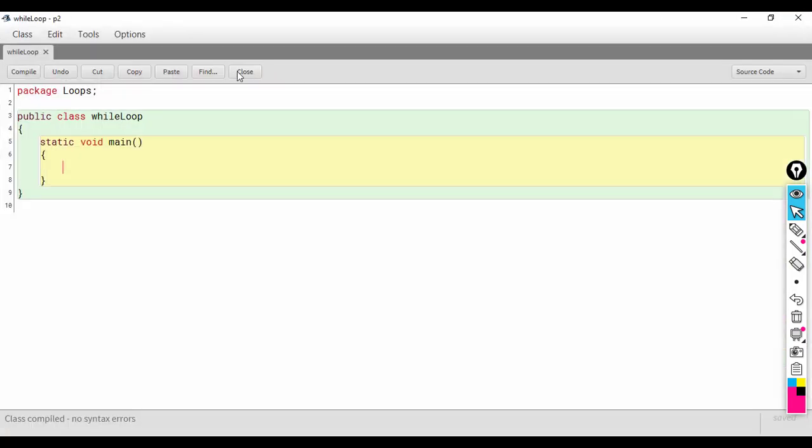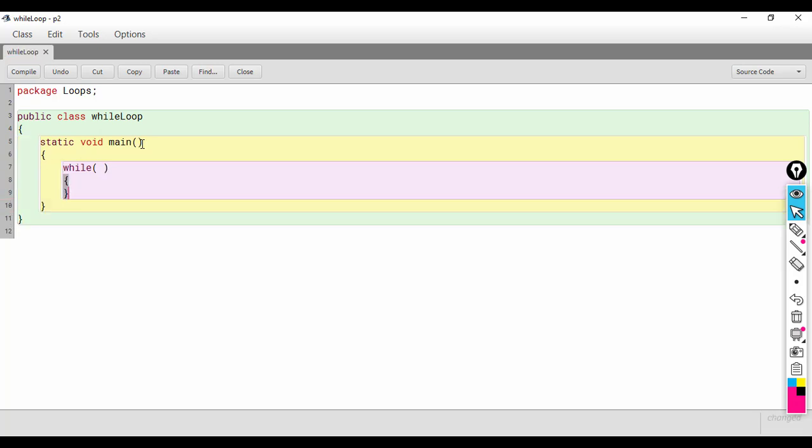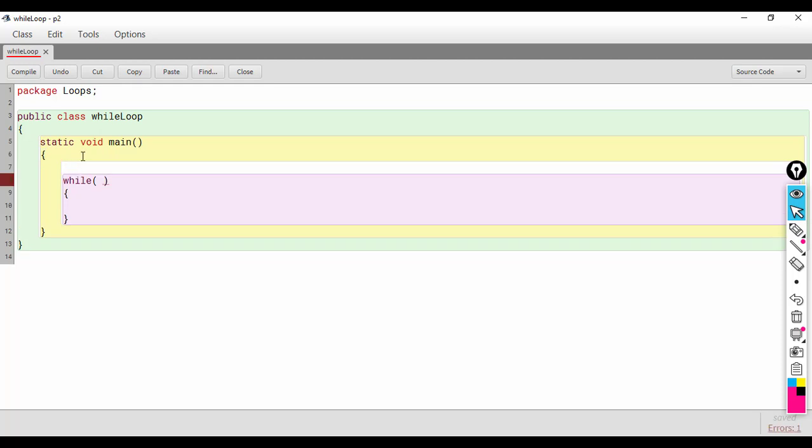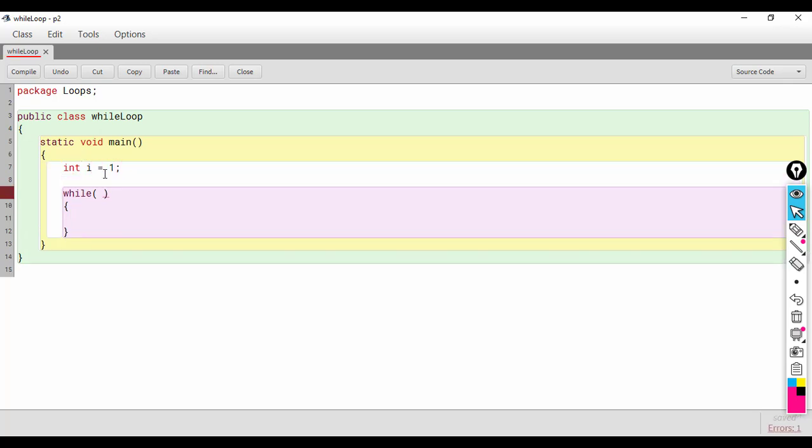Now, let us see the syntax of the while loop. Okay. So, in case of the while loop, you have to write the while keyword and then a set of parentheses. Inside the parentheses, you will have the condition, and within the curly brackets you will have the loop body. Okay. So, in this case the initialization of the control variable will be done before the loop. Okay. So, let us say int i is equal to 1, you can see I have initialized i here, and the condition will be given here inside the parentheses, i is less than equal to 10. Okay. And then inside the loop body